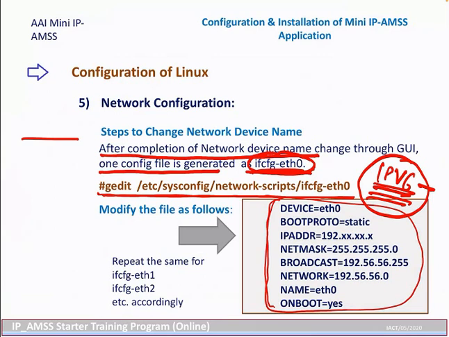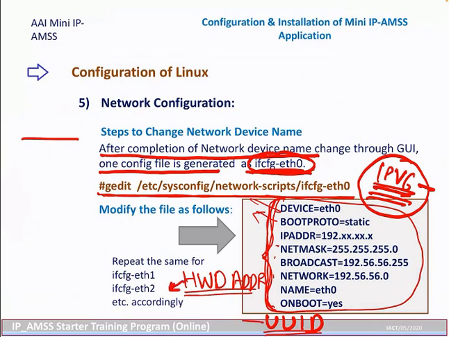And 2 more rows are there which you need to keep. That is UUID, and one more is hardware address, something like this. So don't remove these 2 lines. These are very important. And add these 8 lines. Few will be given already and few you need to add out of these. So just make sure that in that file, hardware address is present, UUID is present, and these 8 options are present. Now after you have made these changes in this configuration file,